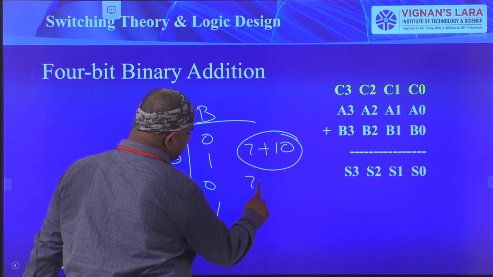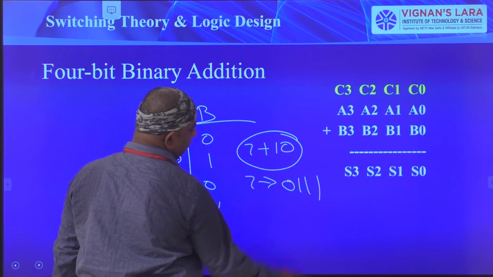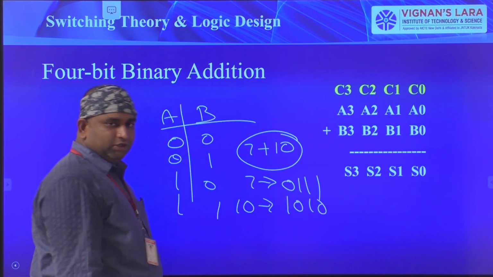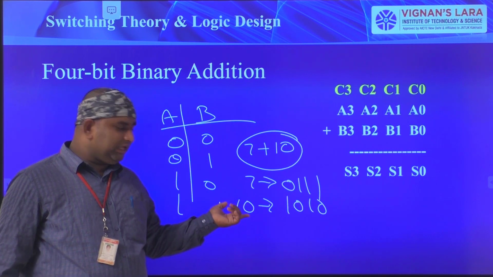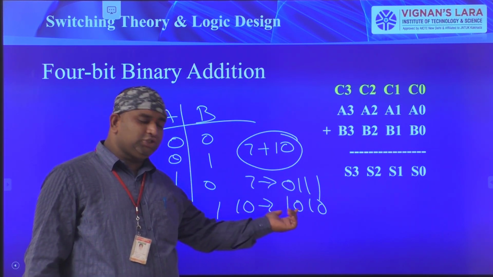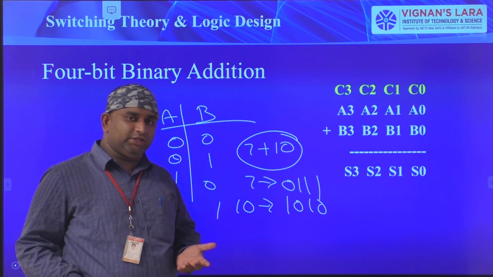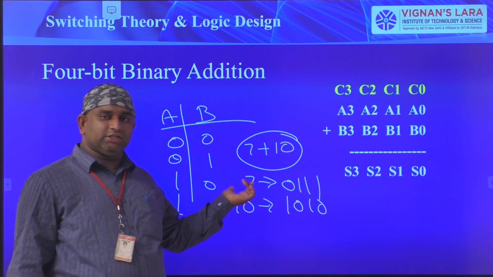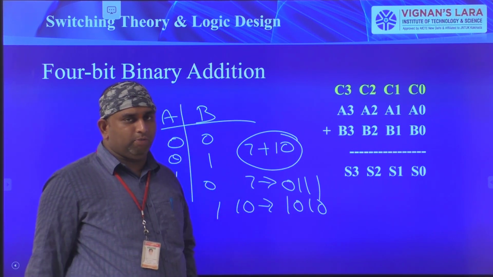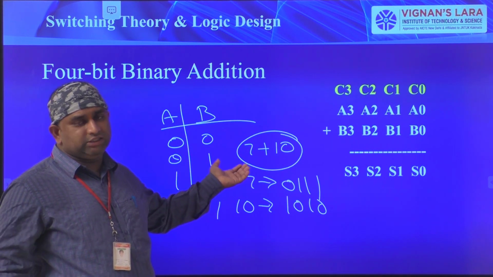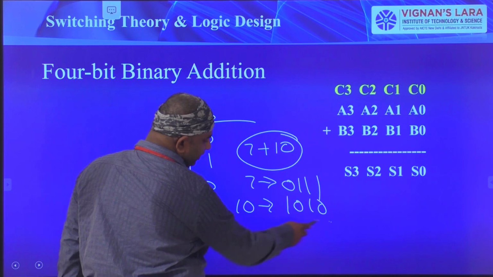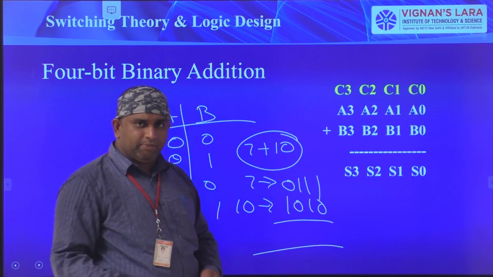So the 7 equivalent value we represent with 0111, and 10 we represent with 1010. We have written 7 in 4 bits because the 10 value is 1010, and the maximum number of bits is 4. So I have written 7 also as 0111. The left-sided 0 is not a big problem; in the place of the MSB, 0 doesn't have any value. So do the normal addition between these two.